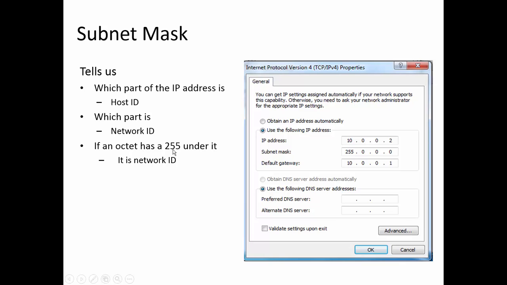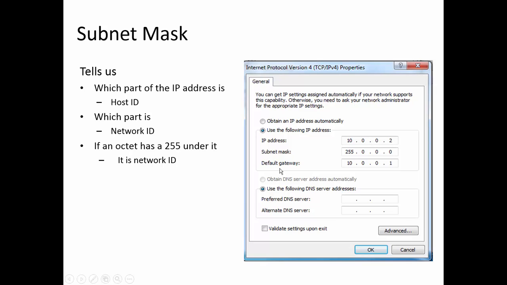And if an octet has a 255 under it, then it is network ID. So if we look at the example right here, we see the IP address is 10.0.0.2, and the subnet mask is 255.0.0.0. So this indicates that this computer is on network 10 and that the host ID is